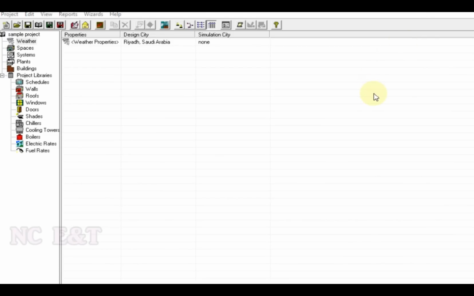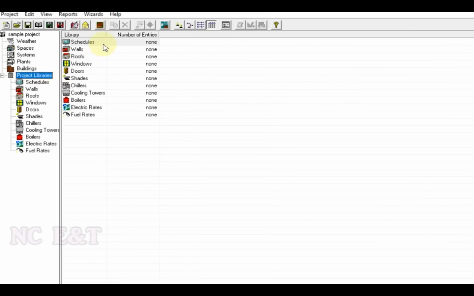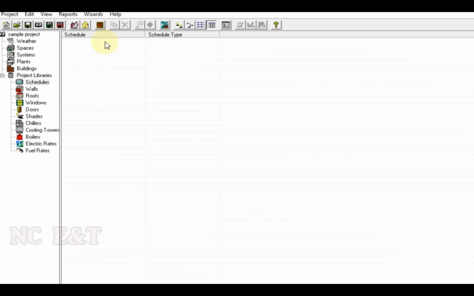Now after finalizing the weather data, we'll go to the project library, and first we will take the schedule. In schedule we actually define the use of the building.